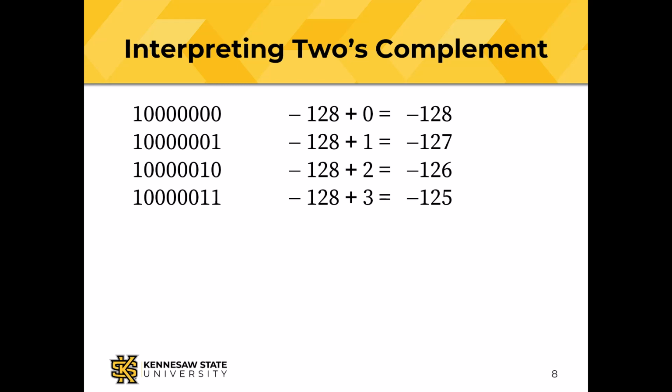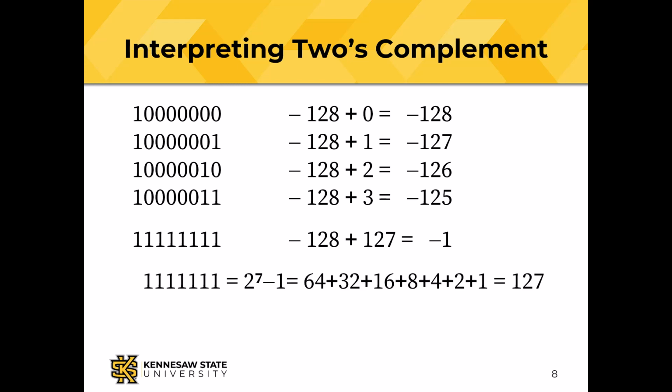A 1, 5 zeros, and a binary 2, minus 128 plus 2, that's a minus 126, plus 3 is a minus 125, and so on until we get to minus 128 plus 127, and that is a minus 1. If you need some more convincing, those 7 ones are 2 to the 7th minus 1. It's the same as 64 plus 32 plus 16 plus 8 plus 4 plus 2 plus 1, and that is